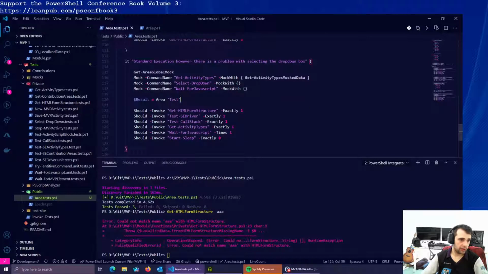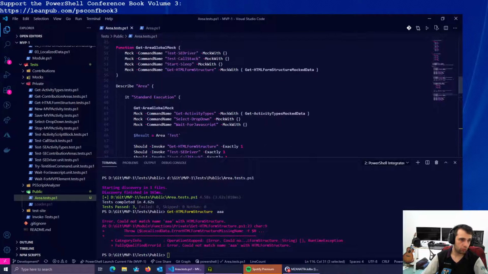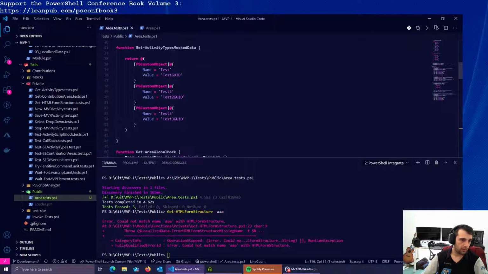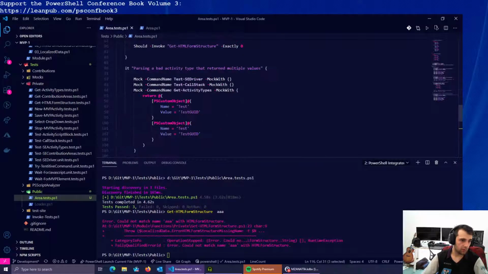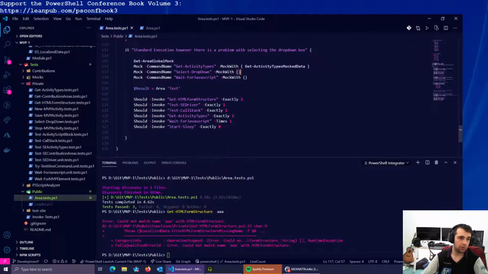So what we're going to do here is we're going to mock select dropdown. Why do I mock that? Okay, it's here, perfect. So what we're going to do is mock select dropdown with two different